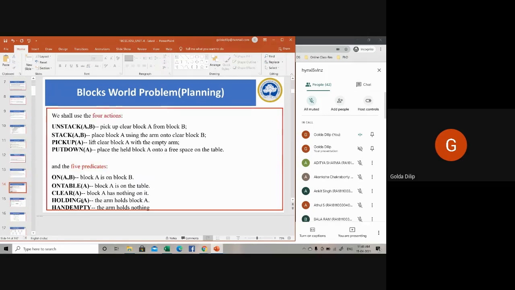When it comes to the block world problem, there is a specific representation used for explaining it, called the STRIPS representation. I don't know whether you remember it; we had discussed it in the first unit. STRIPS stands for Stanford Research Institute Problem Solver.